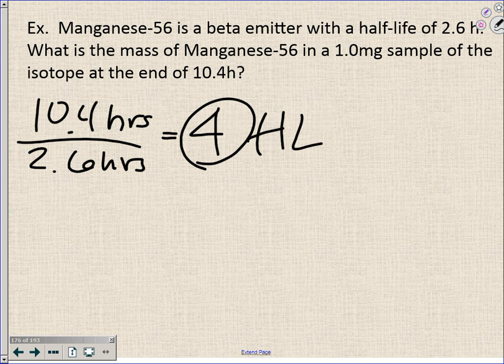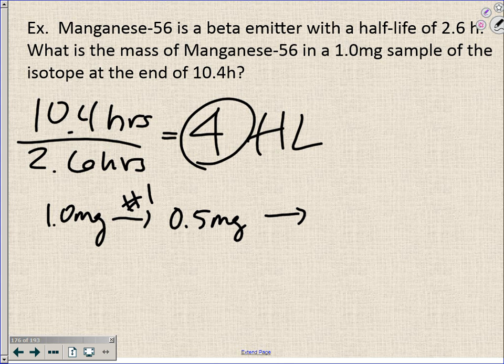Now, we know this is going to be our easy route. Everybody, what's my initial mass of manganese-56? 1 milligram. Okay, so I'm taking the easy way first. Give me 1 half-life. 0.5 milligrams. Okay, give me the second half-life. And I know this sounds silly, but if you don't label them, you'll forget how many half-lives you passed, and you'll get the question wrong. Okay, so this is the second half-life. Goes down to what? 0.25 milligrams. Okay, the third half-life